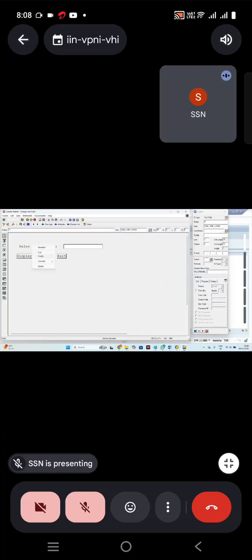Then copy this. Creating one more text field.